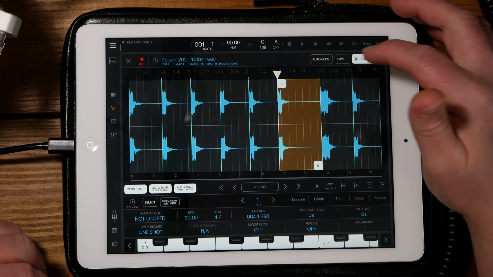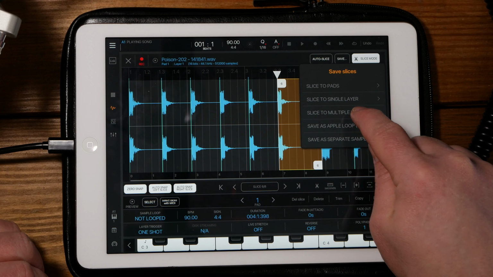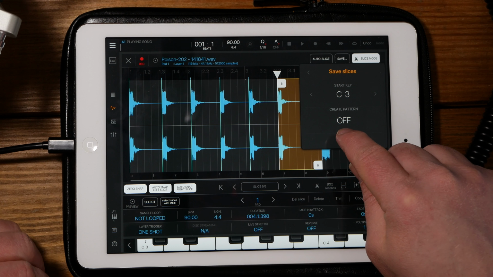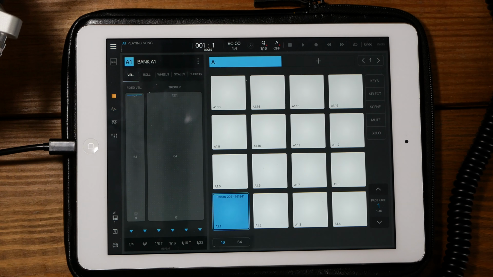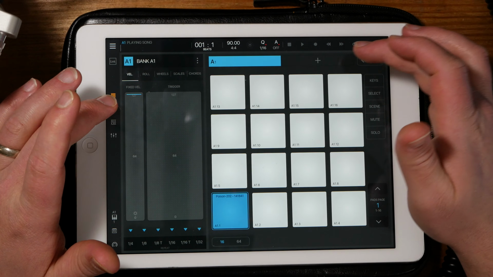Say I got everything the way I want it. I can save, slice to multiple layers, because I want them each on a different layer, and apply. Okay, so now if I go into where I'm at, mappings,